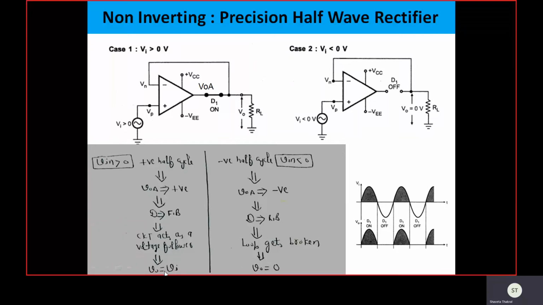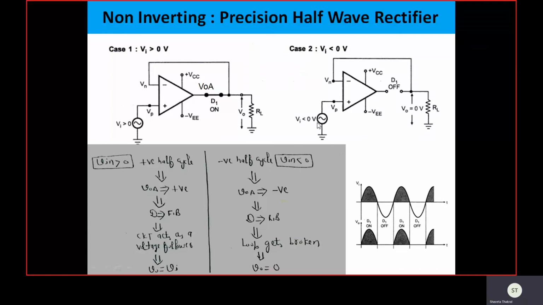So here we get output same as input, and we can see in this waveform that in the positive half cycle, when Vi is greater than 0, as the circuit is behaving as a voltage follower, the output obtained will be same as input. And if we consider the negative half cycle, meaning Vin is less than 0, so in that